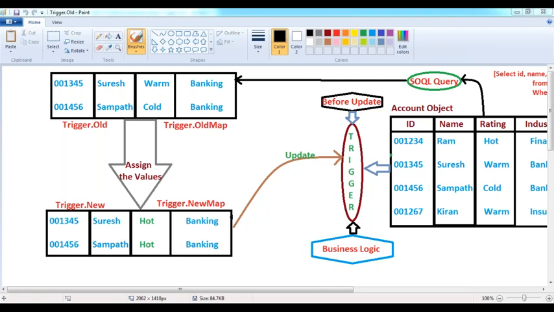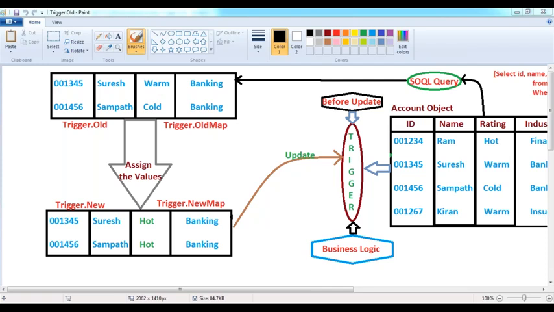What record? This is the ID. Please give me the complete information of the record which has this ID. I'm collecting the whole record. But what is my requirement? I want to cross check whether the rating field value has been modified or not. So here I'm collecting the rating field value. I don't want the complete record. In that record, whatever rating field value is available, please collect this rating field value and then compare it with